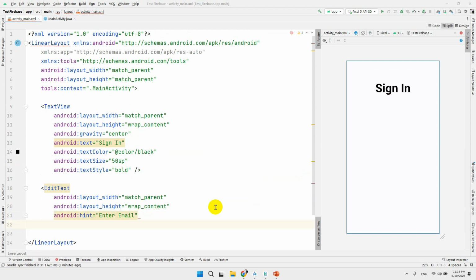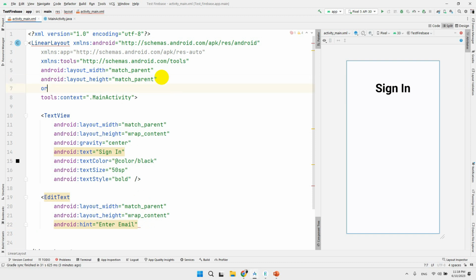As you can see that you cannot see the edit text. The reason is linear layout has two important properties that need to be set first. The important property is orientation property, and it has two possible values, vertical or horizontal. So in this case we will set the vertical, so the controls are placed in the form of a column. Now again go to the edit text and change the other properties, like we have set the hint, and let's